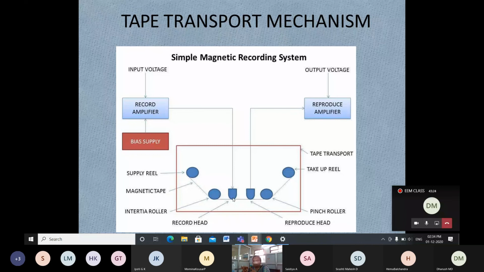I hope when you see old movies or anywhere, you will have seen this. The construction is there, the reel is rotating, then you listen to your songs or anything, right? The same thing happens here. Then the reproduce amplifier, the output voltage is given. This is a small construction here. Okay, next we'll